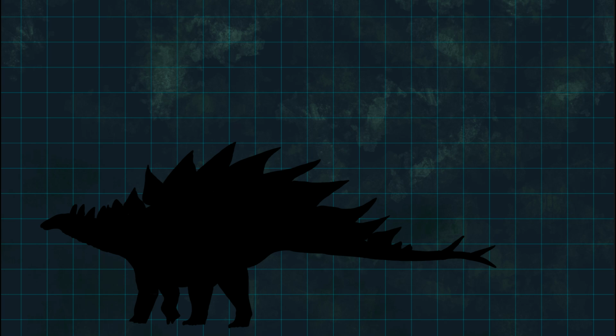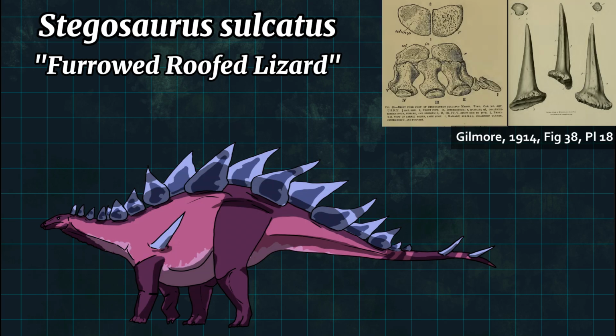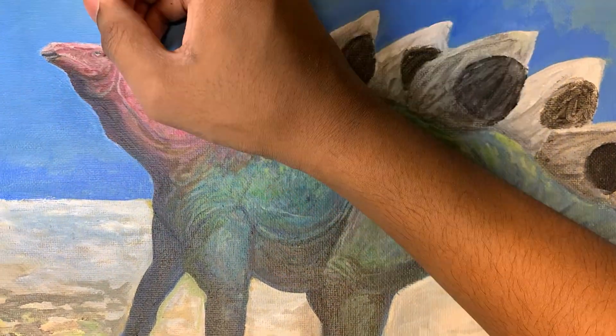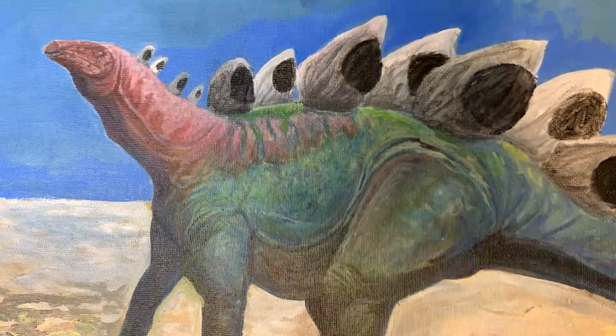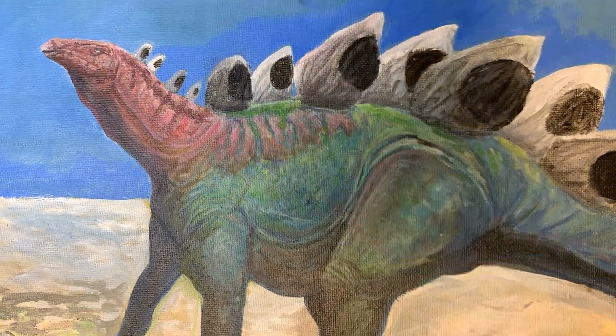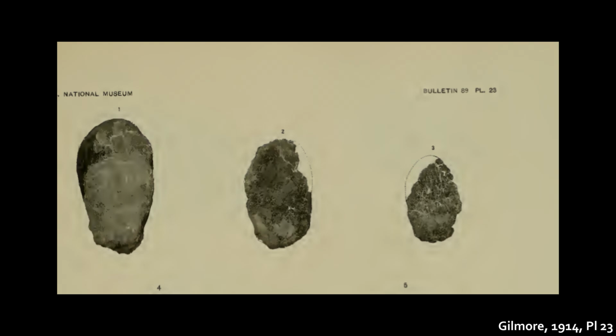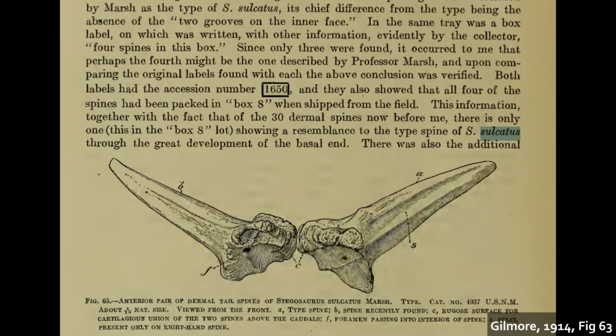The last, and definitely the most controversial and enigmatic of these species, is Stegosaurus sulcatus, which was also described in 1887. This animal is very peculiar. We don't have a lot of it, far less than the other 2 species, but we have some limb elements, a couple nuchal plates, a dorsal plate, which I haven't seen a figure of, some other elements, but most importantly,